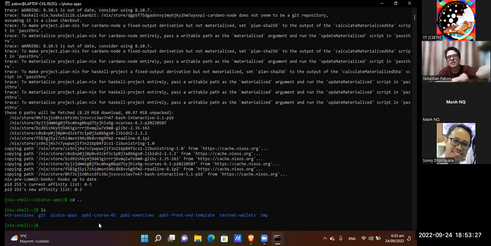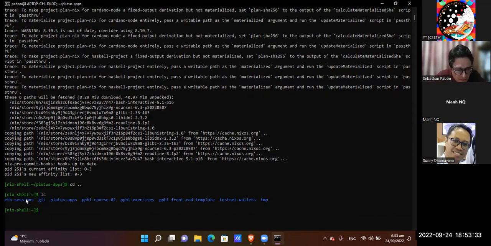It is equal after you execute as before you execute the Nix shell. Okay, I can enter with the Nix running. I can enter every folder in my machine. There is no problem. Okay, I can enter here to this